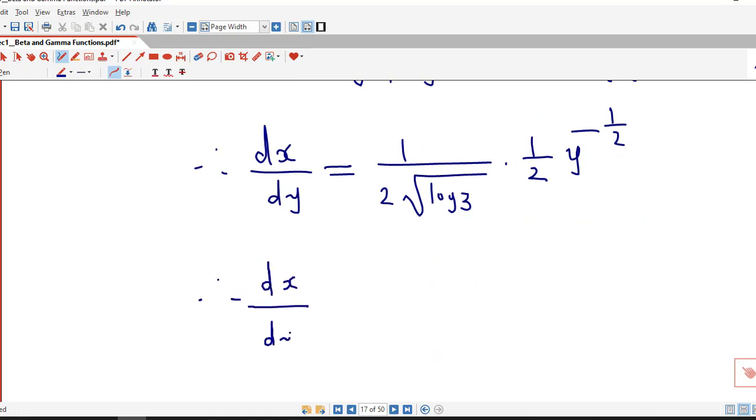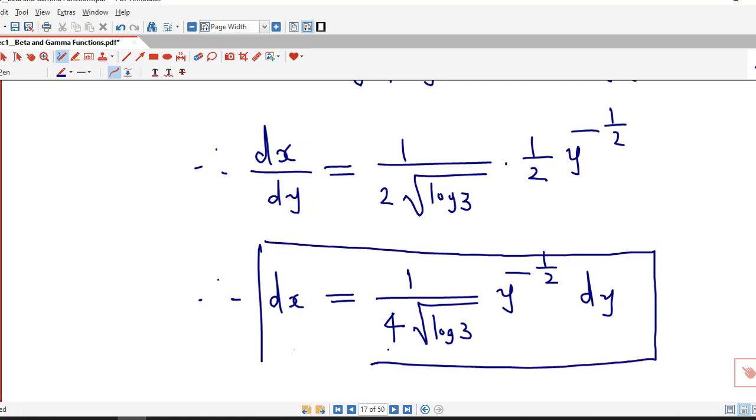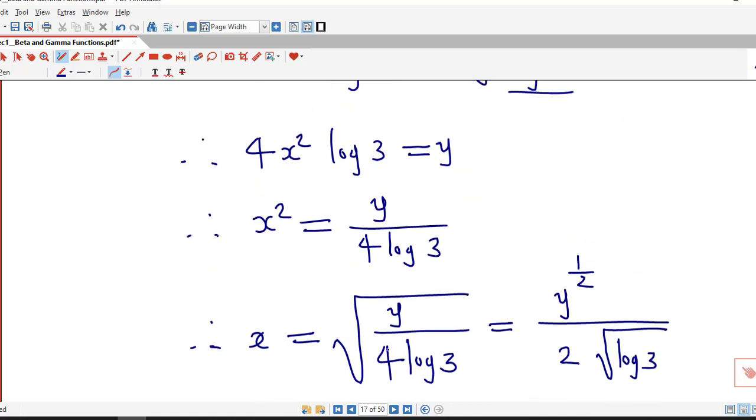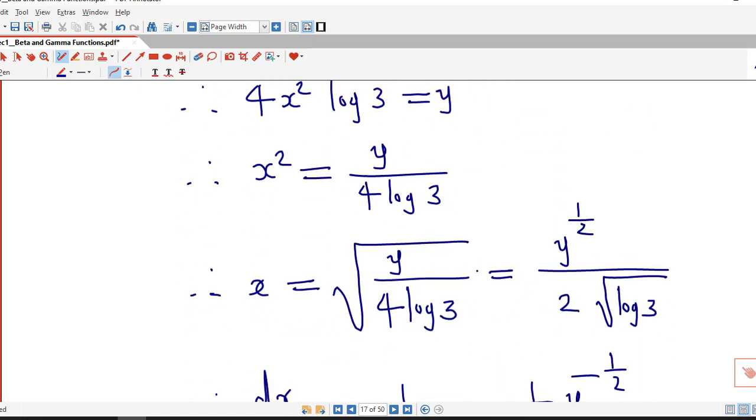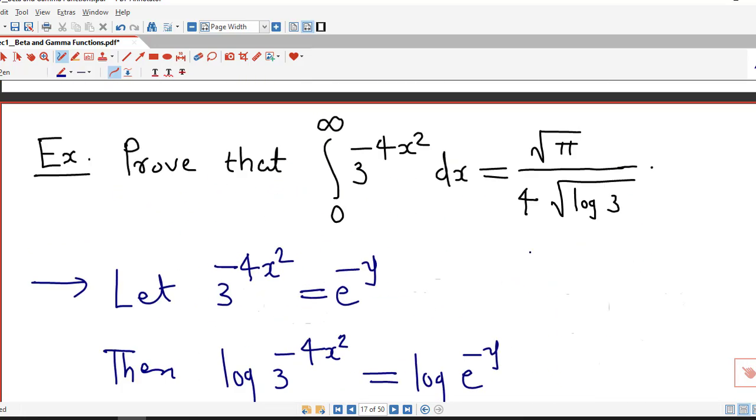Therefore dx by dy is now 1 by 2 into 1 by 2, which is 1 by 4 square root of log 3, y raised to minus 1 by 2, and if we take this dy on this side, we obtain dx equal to 1 by 4 square root of log 3, y raised to minus 1 by 2 dy. So this we will require, and x is nothing but square root of y over 2 square root of log 3, and if we talk about limits,